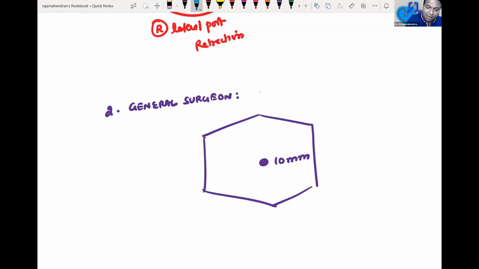And on seeing the gallbladder, I see there is an issue. The gallbladder looks like there is a growth there. Looks like a cancer. At the level of the fundus, there is something like a cancer. So this is the AIIMS question. As a general surgeon, you are putting a 10 mm camera port at the fundus of the gallbladder. You are seeing a cancer-like thing.